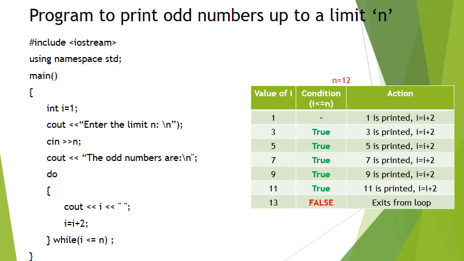13. Now it will check 13 less than or equal to 12. Now the condition becomes false. Therefore, it will not execute the loop body and it will cause an exit from the loop. So, it will print the odd numbers from 1 to